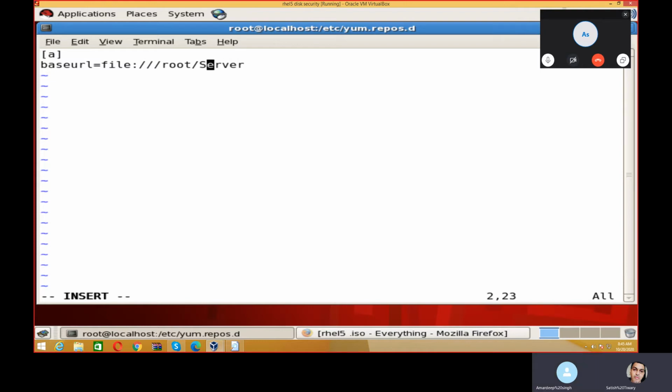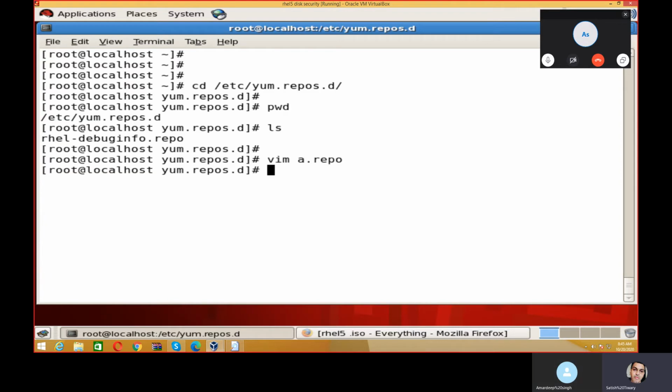If this is small, it will not work. This is the point to be noted. So baseurl, and then gpgcheck=0, and that's all. Save this file. gpgcheck=0 means we have not purchased the license key, so we are not going to use the original key. We told our operating system that during installation of every package, please don't check for the key, because we have not purchased it. Let's save this file, and that's all done.